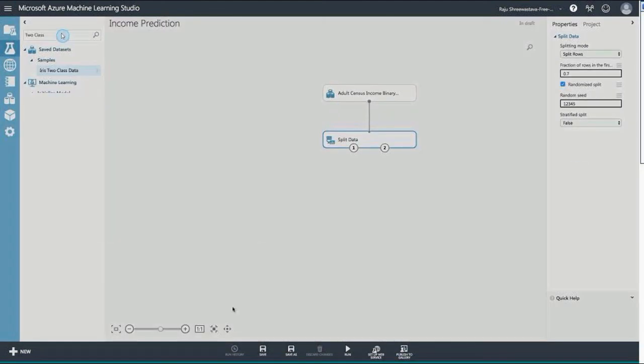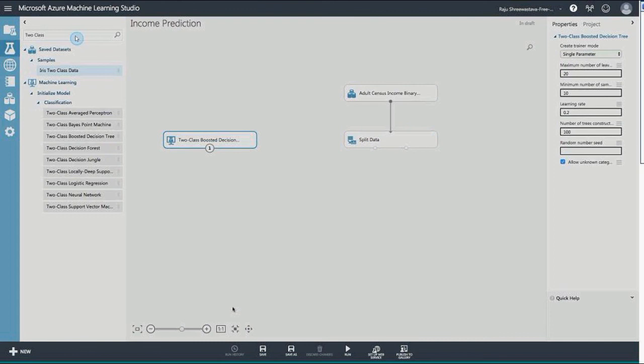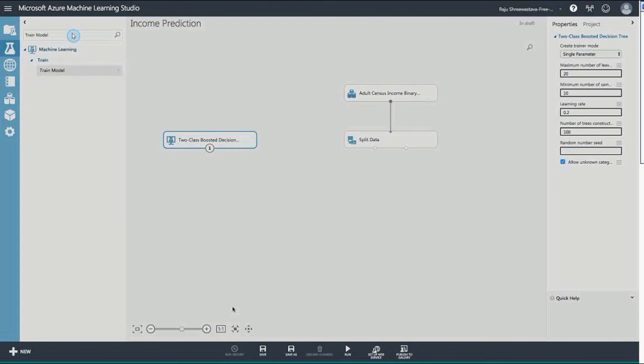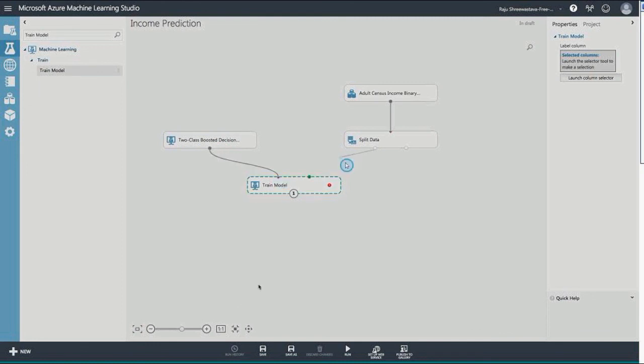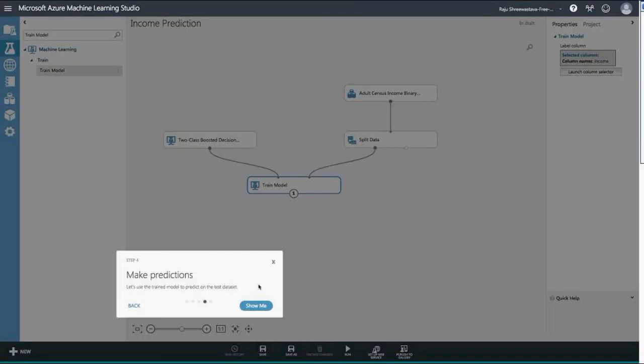We go to the panel again and search for that algorithm. Wherever it is, all these algorithms are written down. I'm going to drag and drop it and keep it there. Now I'm going to use the training data to train the model based on this algorithm and the split of my data. And now I'm going to create a new field, which should be called predicted income. This income is already there, and I'm predicting a new value. Now we're going to try our model.